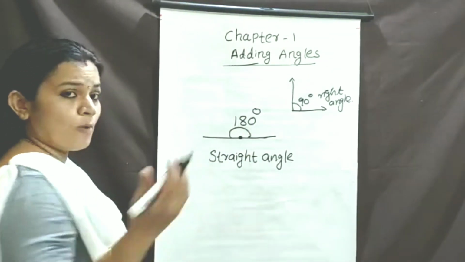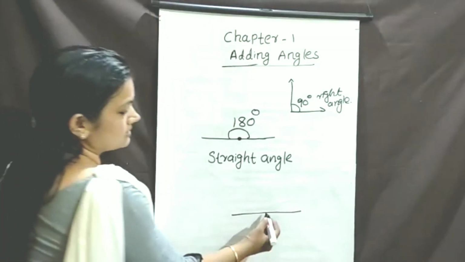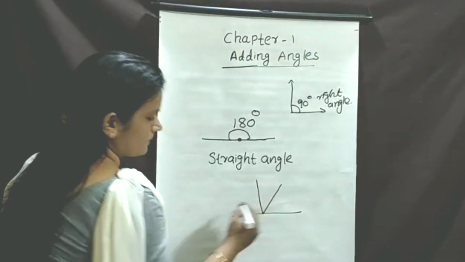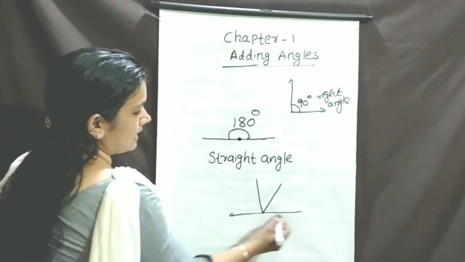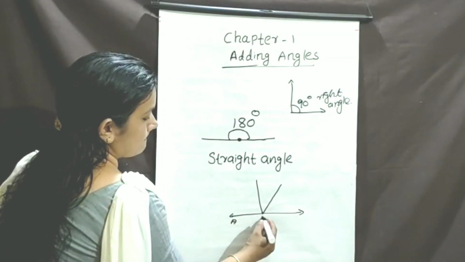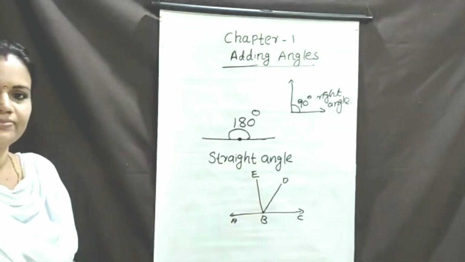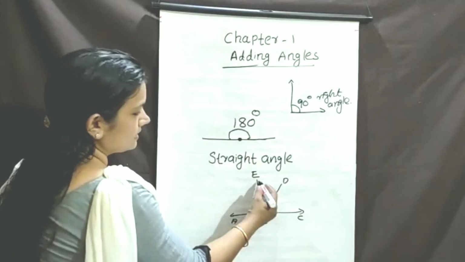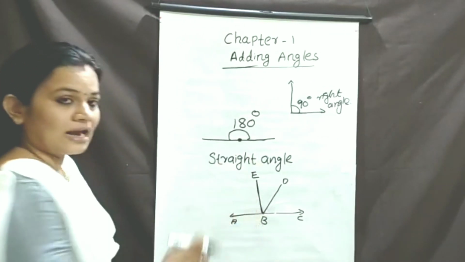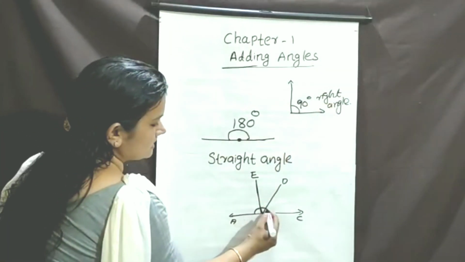Then in your textbook, many angles are given. Then I will draw one angle. This is a straight line. Then like this. Now write the names A, B, C, D, E. Okay, we already know that this is a straight line, a perpendicular line. It's called what? A 90 degree angle. We want to find out this angle.